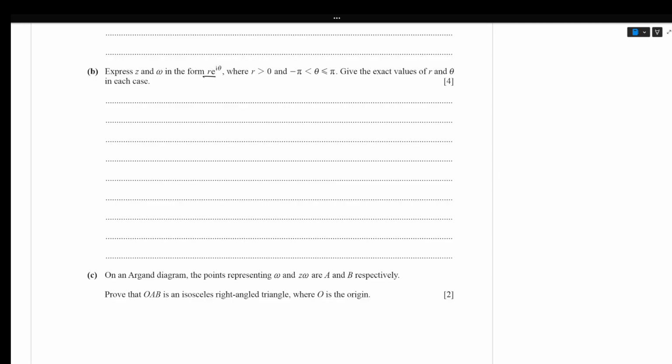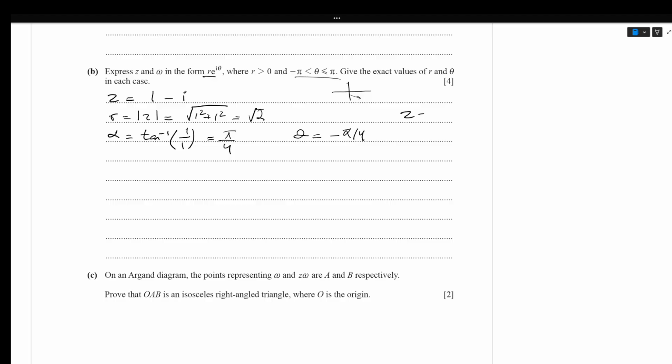Express Z and omega in polar form. Okay, so Z is equals to 1 minus I, and R is equals to mod of Z, which is under root 1 square plus 1 square, which is under root 2, and alpha is tan inverse of 1 over 1, which is pi/4. वन ओवर वन इसलिए क्योंकि मैंने इस कोफिशिएंट और इस कोफिशिएंट के मैग्नीट्यूड्स को ही कंसिडर किया. उसके बाद जो एक्चुअल एंगल होता है थीटा, वो मैं क्वाड्रेंट से जज करूँगा. सो थीटा है हमारे पास 1 माइनस आई फोर्थ क्वाड्रेंट में, और इस रेंज के हिसाब से थीटा मेरे पास -π/4 हो जाएगा. तो z इज इक्वल्स टू √2e माइनस आई π/4,